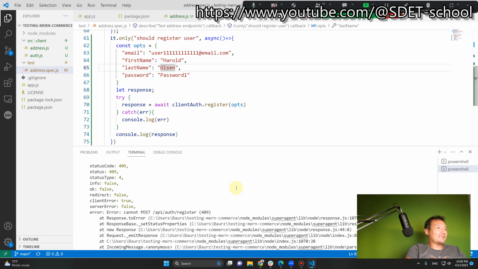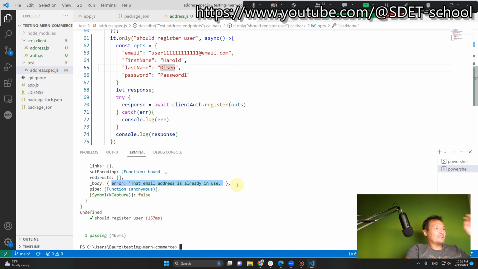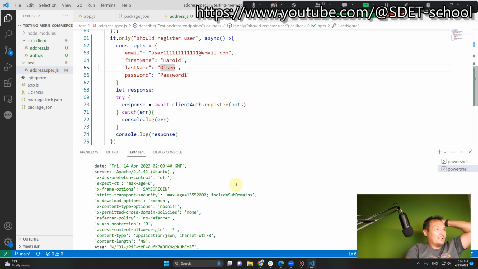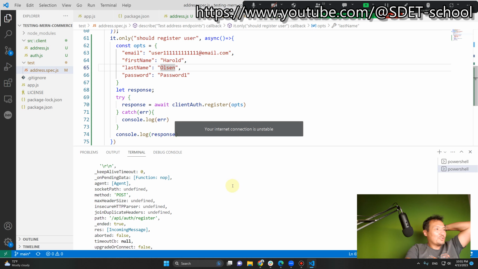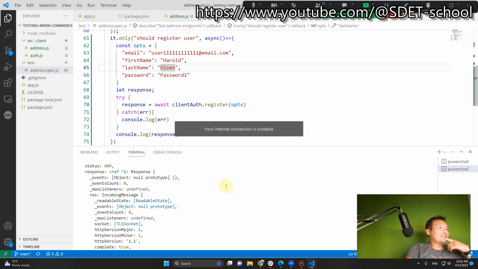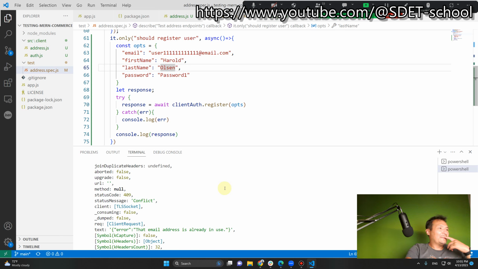I can print some different properties. Okay, I'm watching what we also can print, but probably we can find something which can kind of explain what is wrong here. Status code, status message,